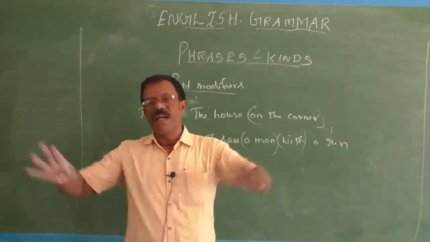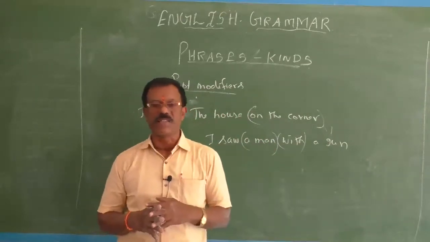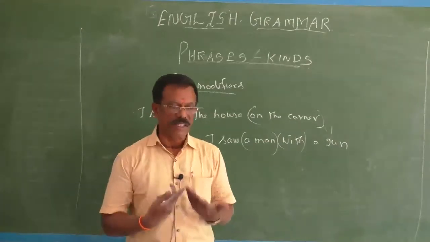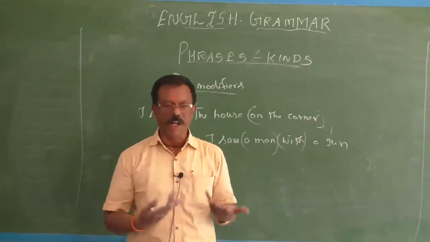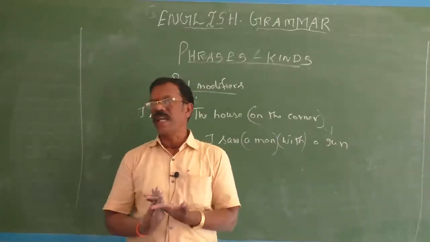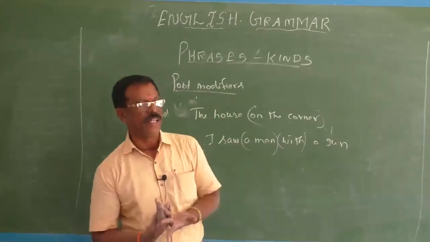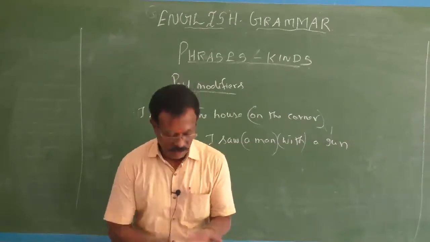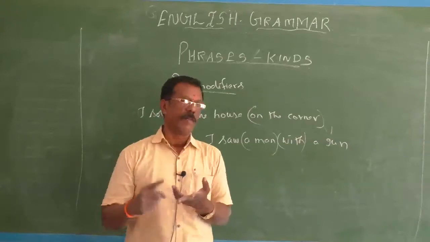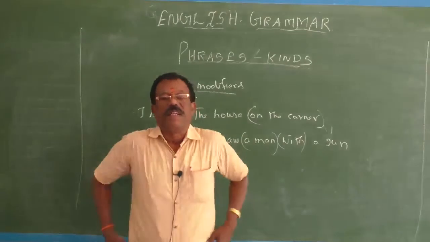Okay, children, so far I explained noun phrase with good examples. What is a noun phrase? A noun phrase is a phrase that does the function of a noun in a sentence. A noun phrase may consist of a noun as a head word. A noun phrase may be described or defined by modifiers, quantifiers, determiners and numbers. A noun phrase can be the subject of a sentence, the object of a sentence, the direct object of a verb, the indirect object of a verb, the prepositional object of a sentence, and it can be used as a complement of a sentence also.